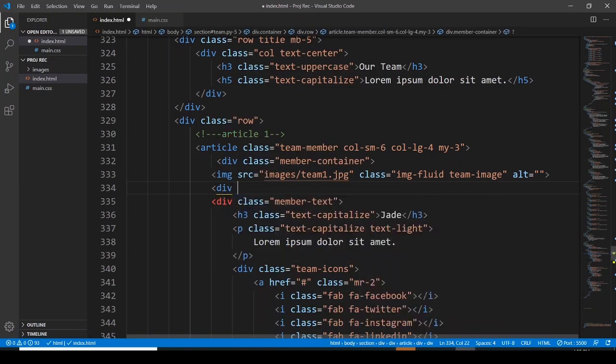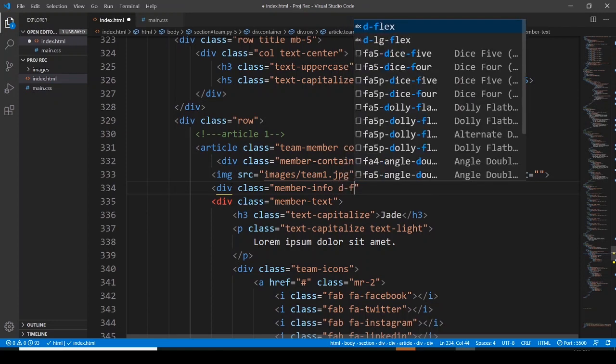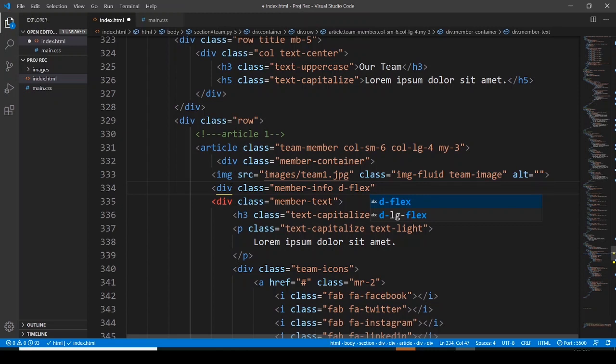So let me have a div, and the div should have a class, and this class is going to be a member info class. Another class is going to be appointed to it, which is display flex,